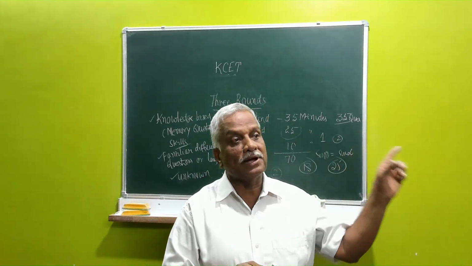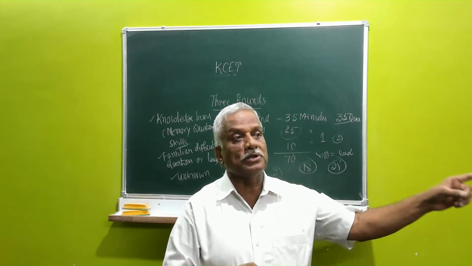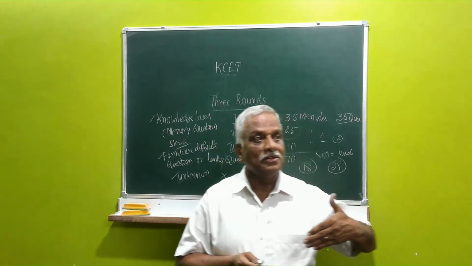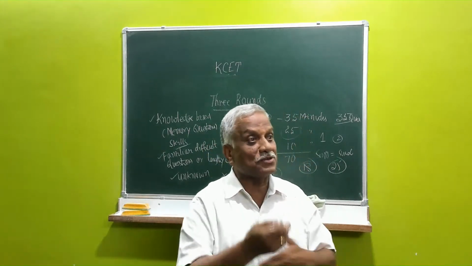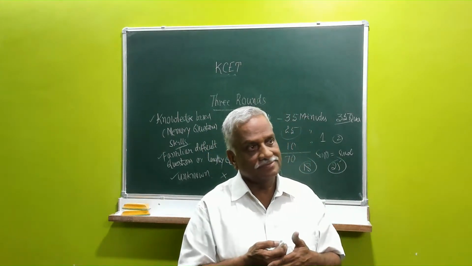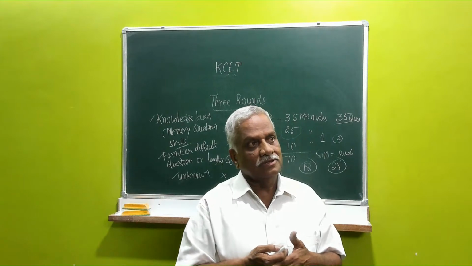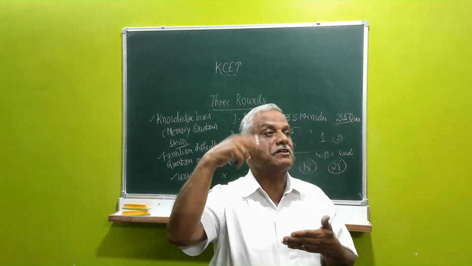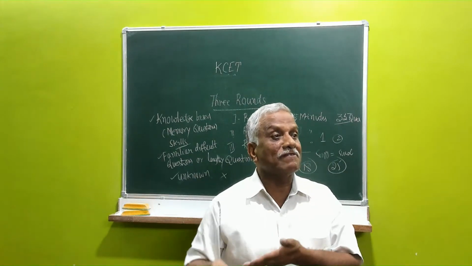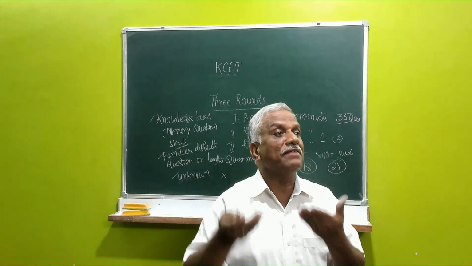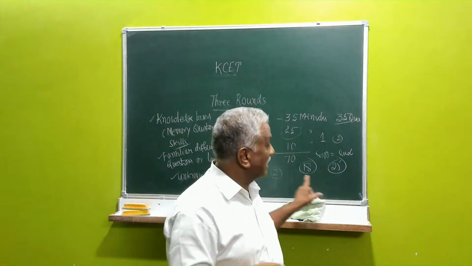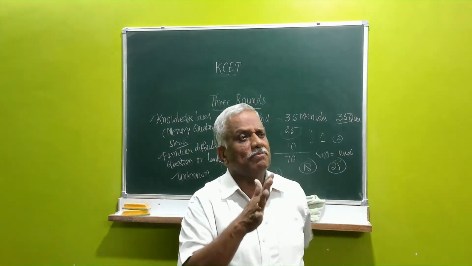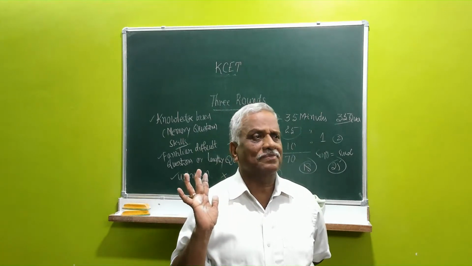As I said earlier, the moment you see it is a lengthy question, mark 2 on the right hand side. So once you complete the first round, you will not take time to search which questions you have not answered. Because what happens is if you have not marked 2, you would have to check only the questions which you have answered. Then again you are wasting time reading an unknown question, a difficult question. If you have marked a cross on the right side, that question you can skip. See, it's a definite planning.